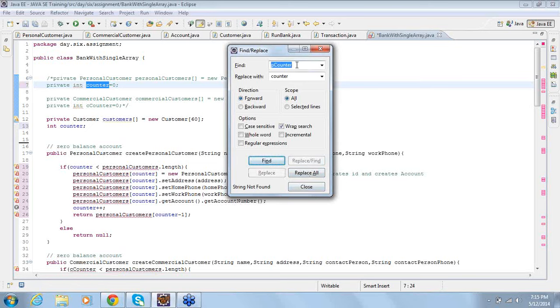Then wherever you have a personal customer, just change it to